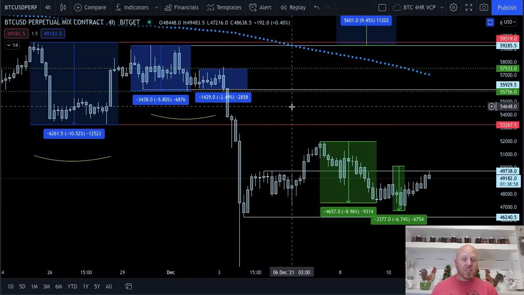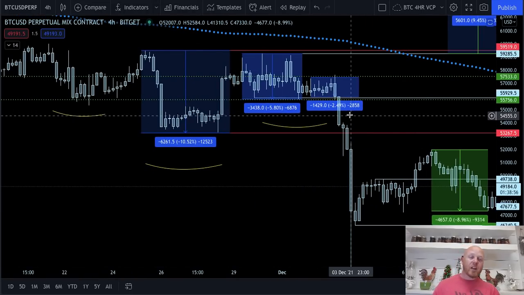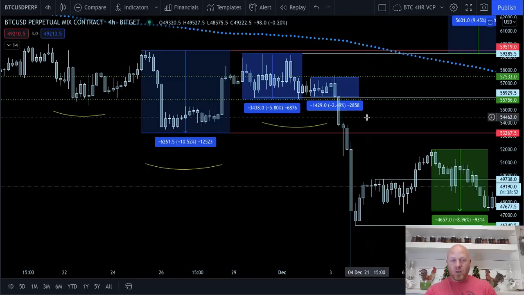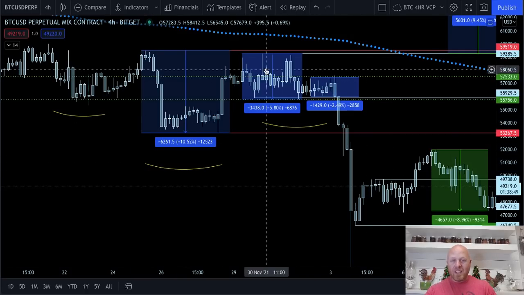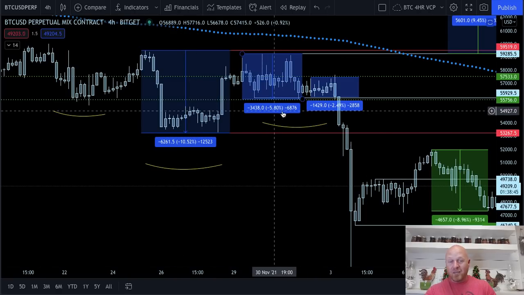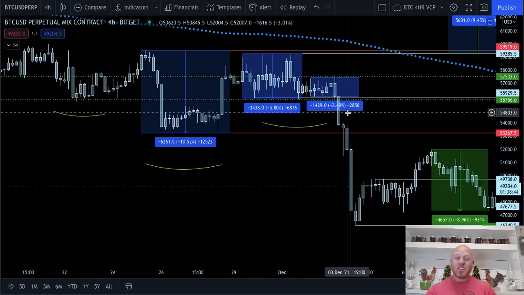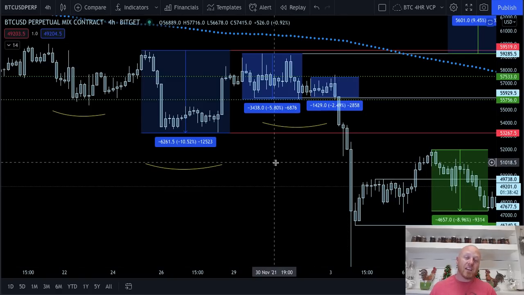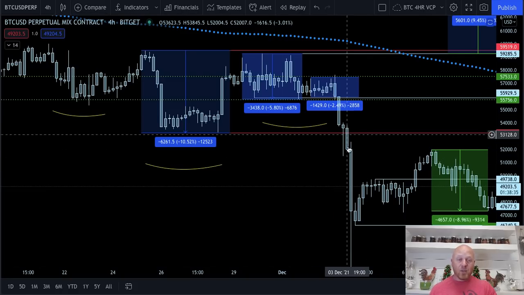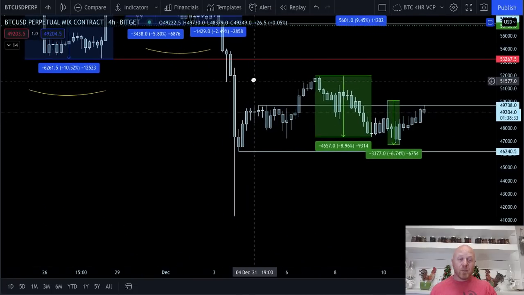4-hour time frame, I shared this pattern with you before. This is a volatility compression pattern. We had this nice inverted head and shoulders. We were looking for a break to the upside. I told you once it compresses enough, you can see 10.5% down to 5.8%, down to 2.5%. Want to see a 40 to 50% decrease in volatility as you move along, and then you get an explosion like a coiled snake. And this broke down, okay, which we saw in our indicators, but it broke down to